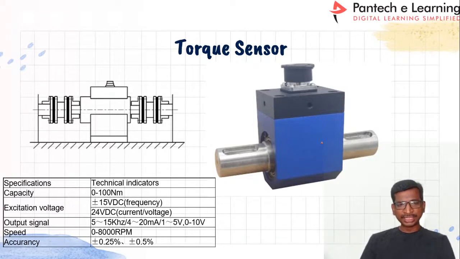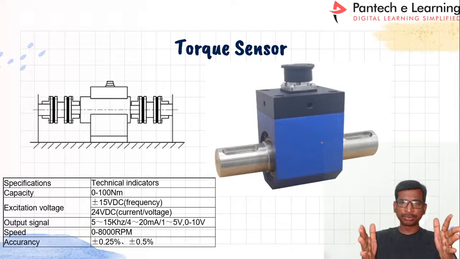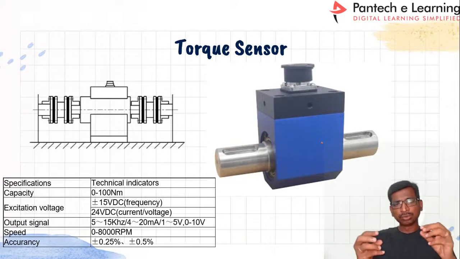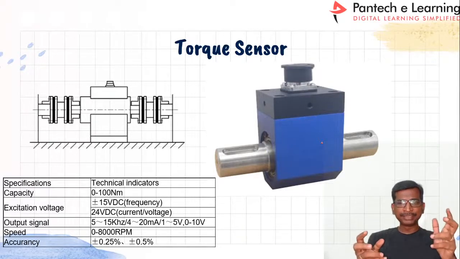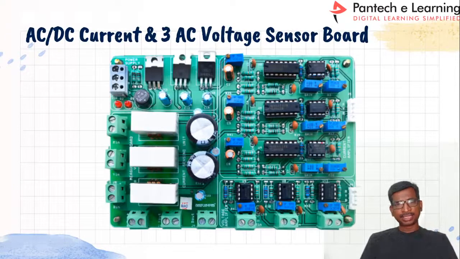So the voltage rating is plus or minus 15 volts with a high resolution output voltage. Here, this sensor we have to keep between the motor as well as the load. So whatever the stress available on the shaft, that can be measured via this sensor, right? And this is the AC to DC current as well as the three-phase AC voltage sensor